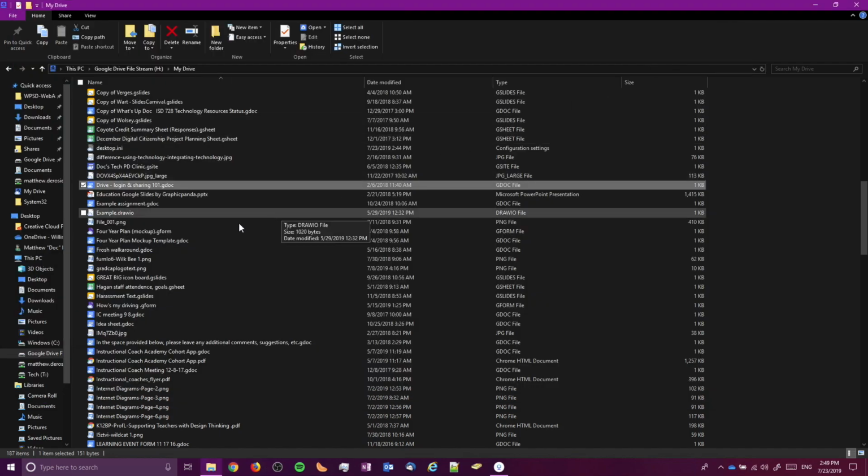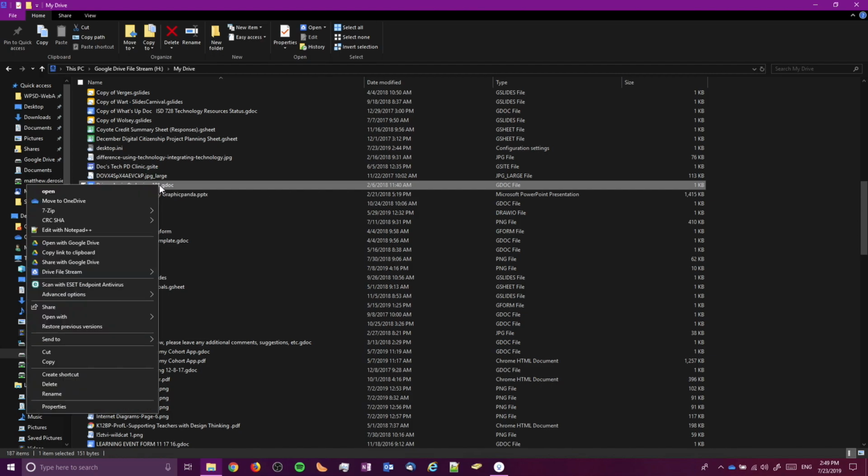But if I already knew what the file was and knew that I wanted to share it, I could just right click on the document itself. And then down here, this is the confusing bit. We've got Share with Google Drive, and we've also got Share. You don't want to do just the Share one. You want to do Share with Google Drive. So if I click on Share with Google Drive,